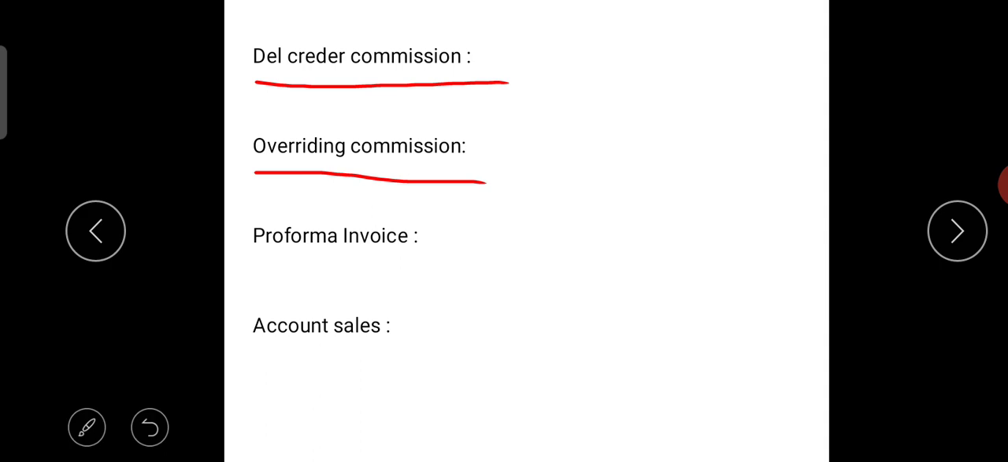It is also an extra commission payable by the consignor to the consignee and it is calculated on the total sales. The object of giving overriding commission is to push up or to increase the sales of the new product in the market. So the object of giving such commission is to motivate the consignee to push up the sales of the new product